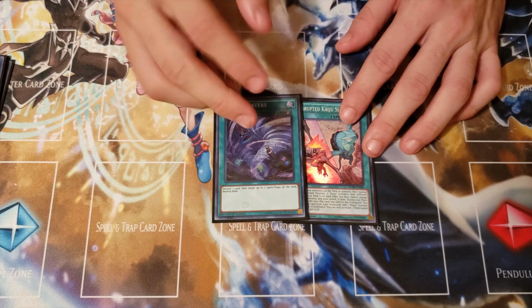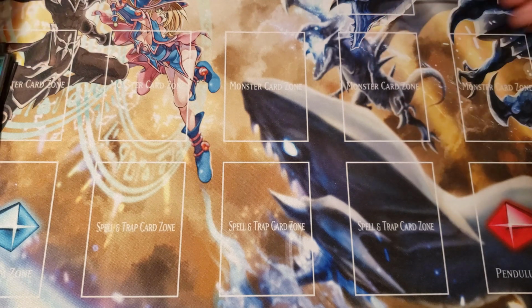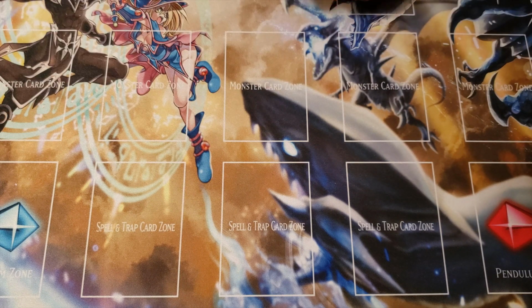And of course, Twin Twister. Twin Twister is going to be discarding and destroying your back row, any back row actually. So that's pretty good for saving up your board or destroying the board of your opponent. And for the traps, you have 1 Legacy